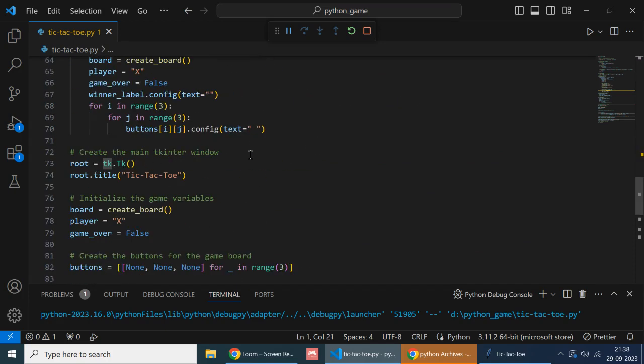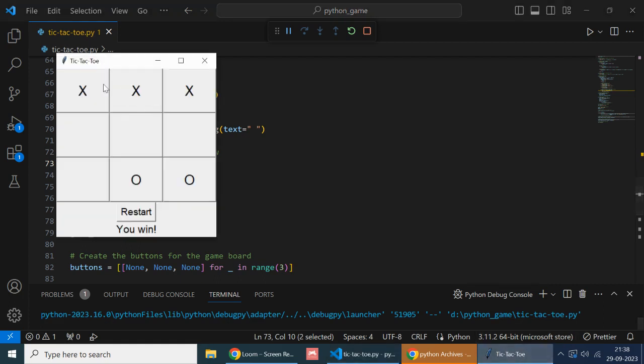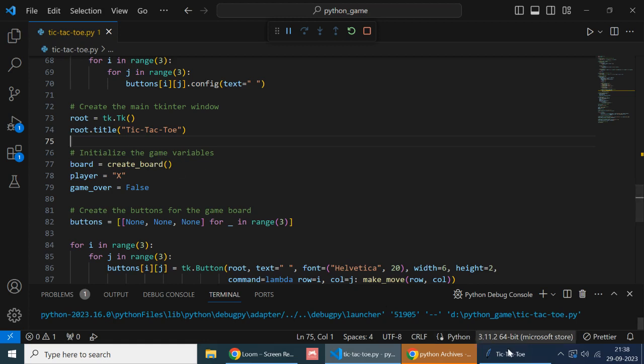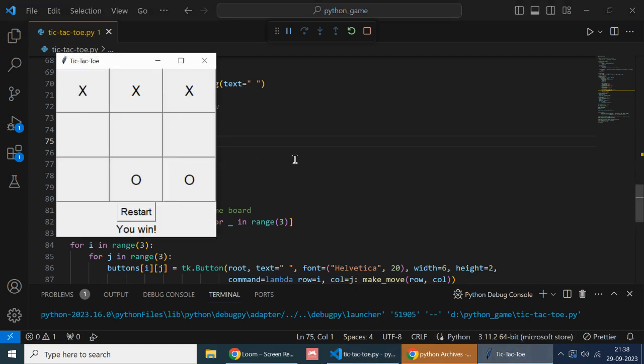Here we created the Tkinter window. We know that using tk.Tk(). Then inside that window we add a title. So this is the title. Next we have to create this board. For that,